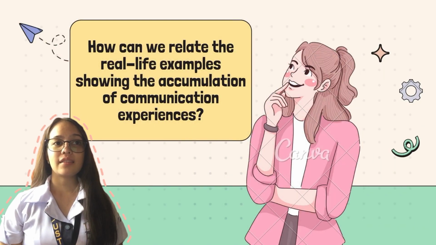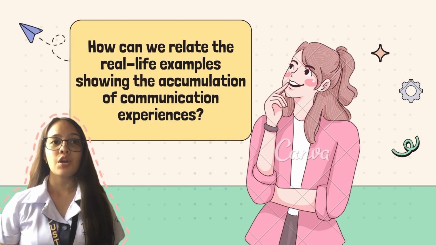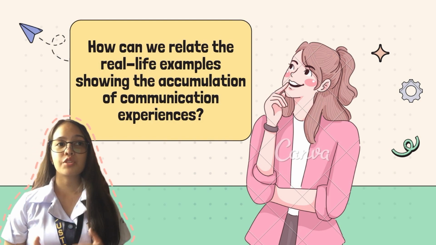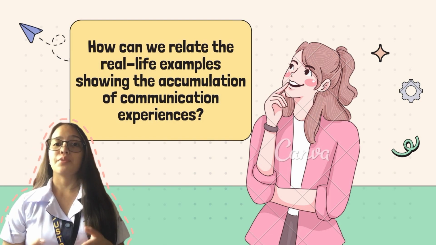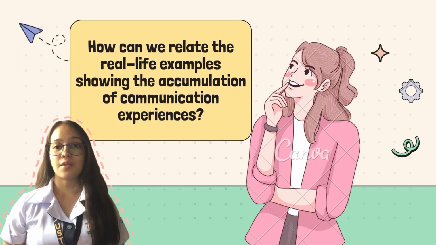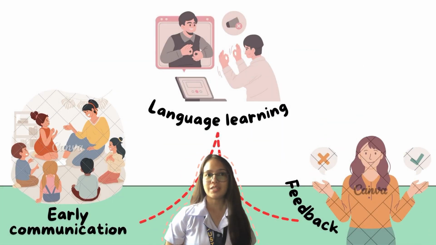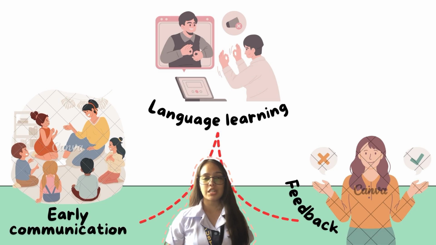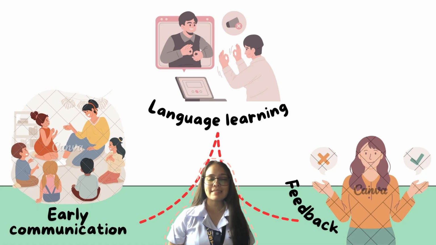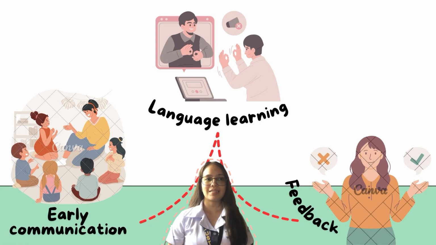How can we relate real-life examples showing the accumulation of communication experience? The real-life examples outline the process of language learning, starting from early communication and progressing through accumulation and feedback. It also discusses the development of social skills, including initial interactions, observation, practice, adaptation, and accumulation of communication strategies and